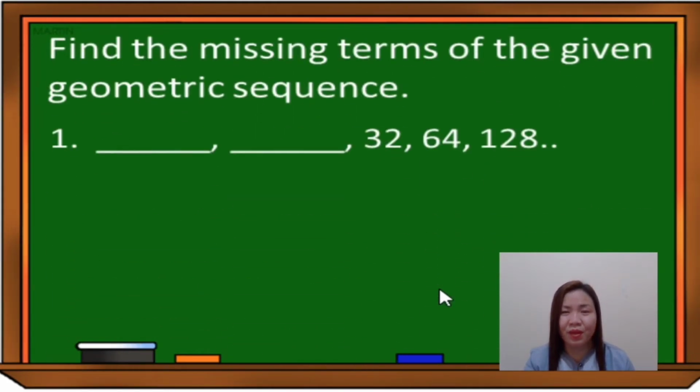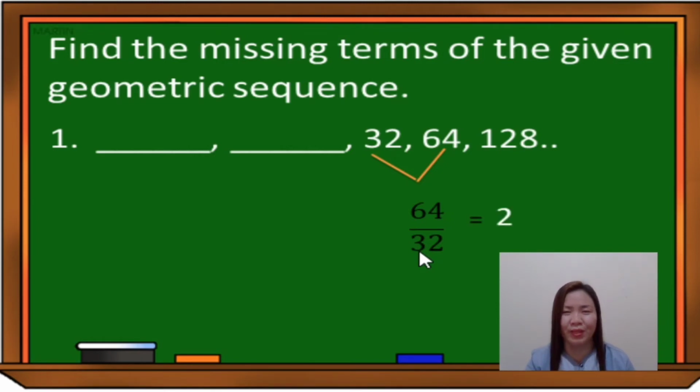Next, we have the missing terms now as the first term and the second term. So blank, blank, 32, 64, 128. What will be the missing terms? So again, we will use 64 over 32, or you can also use 128 divided by 64. So let's proceed. Just copy 64 divided by 32. When you get the quotient for that, the quotient is